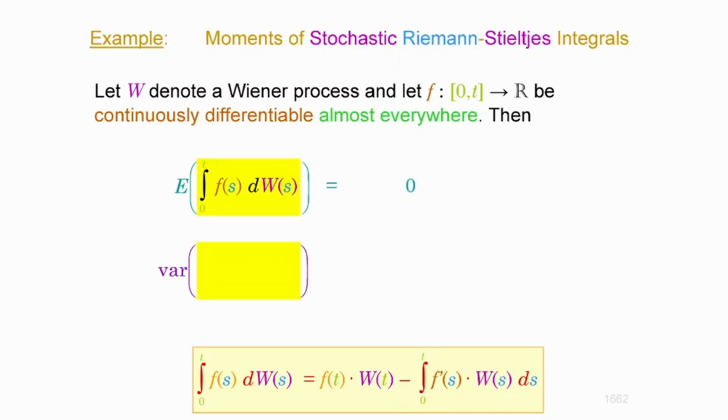Regarding the variance, I did this when I was a student, and it is brutal. Okay, so I'm going to prepare that as a solution, but don't be scared. It's not difficult, but it takes time. So you're not supposed to give up regarding the integration. I did it, and again, it takes a little time, so I decided not to present this. But simply, this is just going to be the integral of the square of the deterministic function that is involved here for the Stieltjes version of the stochastic integral.